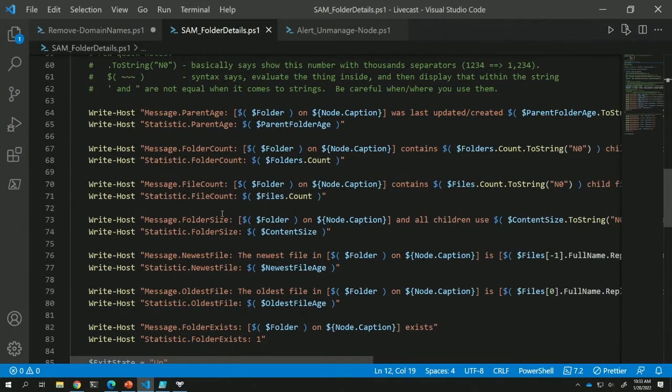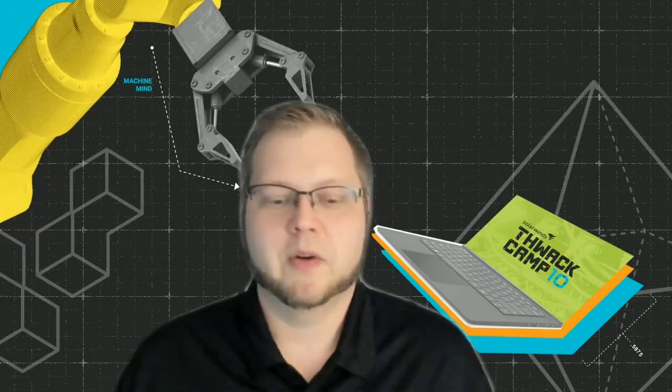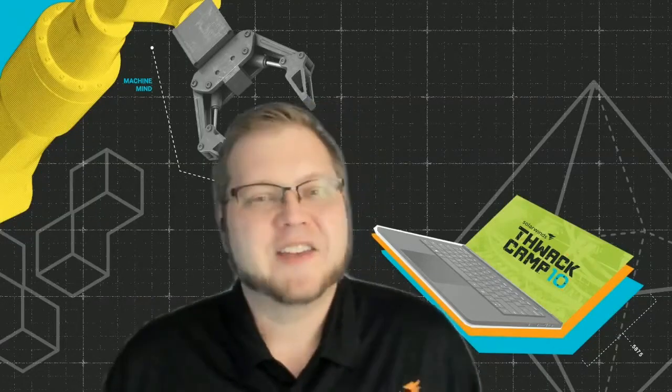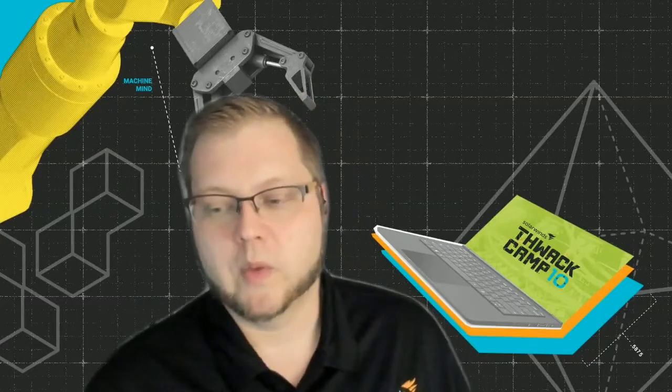This is the way you want to build your PowerShell scripts. This one, if it's not on THWACK, I'll make sure I put it on THWACK. It's something I threw together for someone in the community last year or the year before. It was just a way to take a quick inventory of a folder size, and then I took it and went a little too far with it. I also went very deep and put in lots of comments so you understand what I'm doing. So I'll link to that when we're done here in the show notes.